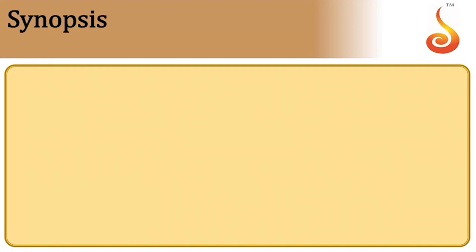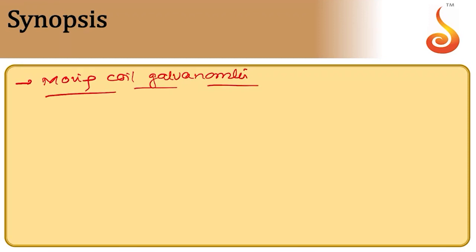There are lots of applications based on this torque. One of such important applications is the moving coil galvanometer. What is a moving coil galvanometer? It is a sensitive coil which can undergo rotation when a current is passed through it. Clearly, torque depends on the current, and thus the more the current, the more the deflection. This idea is used in the moving coil galvanometer.